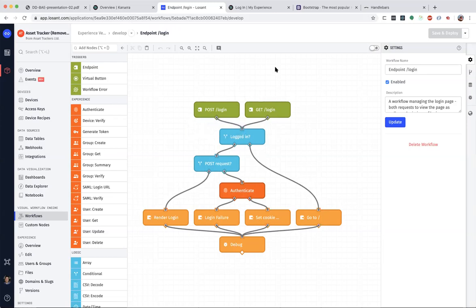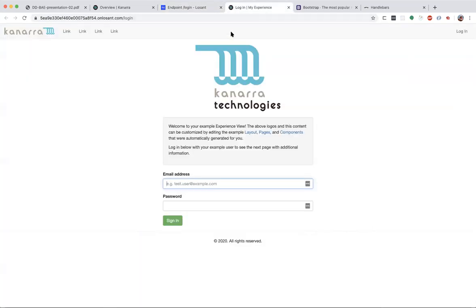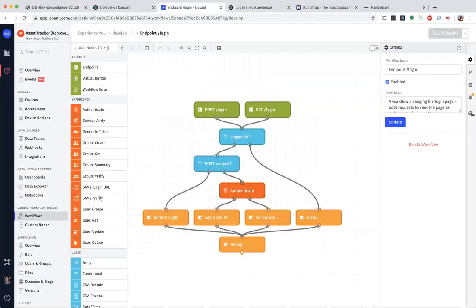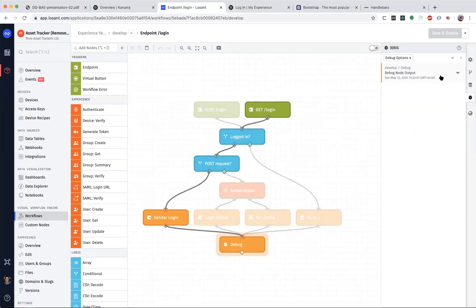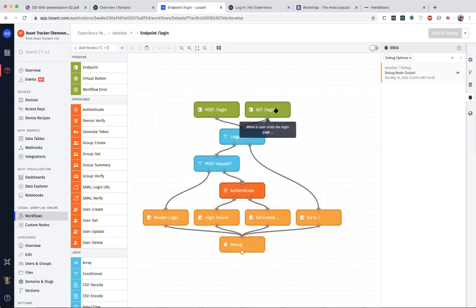So just to follow along with this here, I'm just going to refresh this page and let's see what happens in our workflow. Here's a debug log. This maps to the request I just made. This was a GET request to /login. You see right here, the first check it makes is, am I currently signed in? If I am currently signed in, and you'll see this behavior across most applications on the web, if somebody tries to go to the sign in page or the create account page as they're signed in, we don't want to let them do that. We're just going to redirect them to our home route.